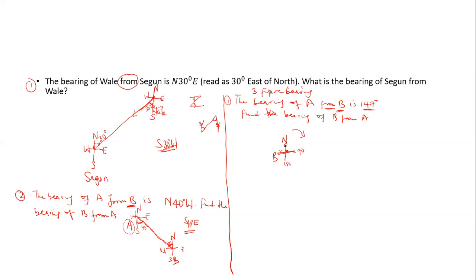So you measure 147 from here. If you measure it up to this place, it is 90 degrees. What do I need to add to 90 to give me 147? I will add 57. So when you get to 90, you need to add 57. If you add 57, it will give you 147. So you trace it down like this. So this is where our